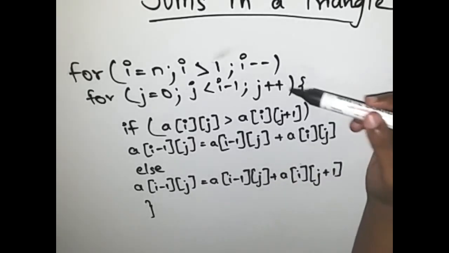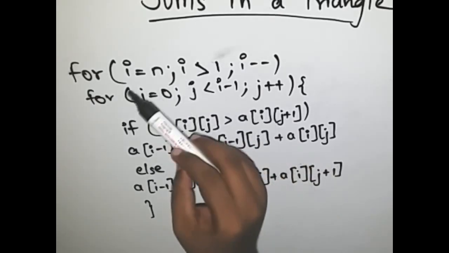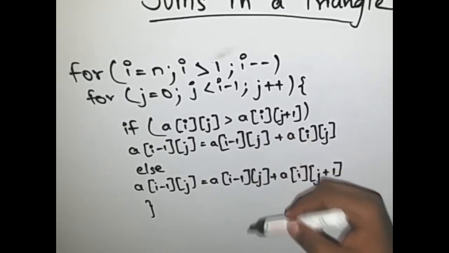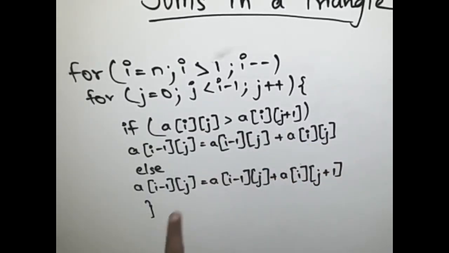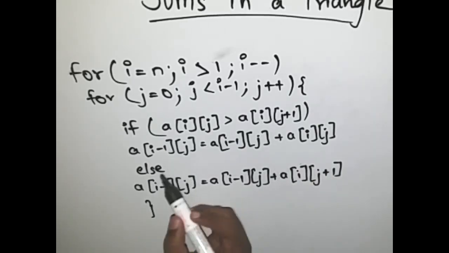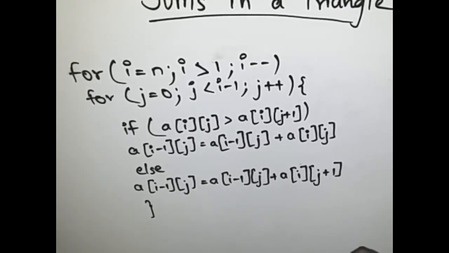We take two for loops and we run as it's a bottom up approach. We start I from n, and then we go from n to 1, and we start j from 0, and then we traverse every element of that row, and then what we do is from the lowest row we find the maximum between the ijth and the ij plus 1th element, and with that we add to the I minus 1 jth element of the previous row. So let's take an example.